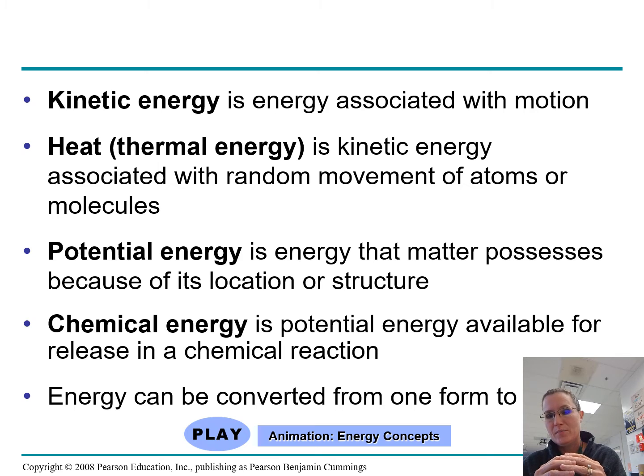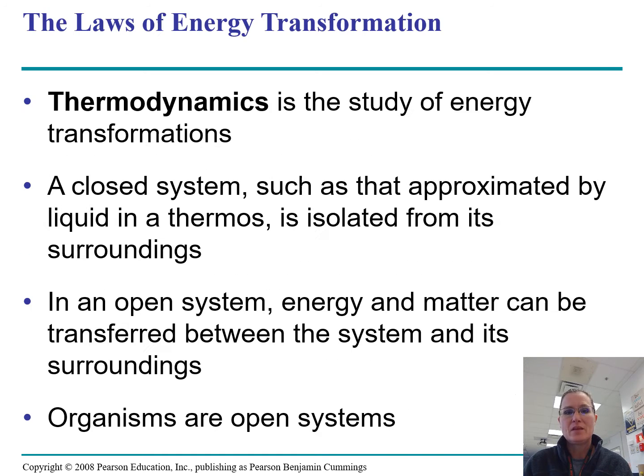And so chemical energy is potential energy in bond form. It's available and it can do something, but it just sits there until it's time to. And then we can convert it to different things. We take light energy and convert it into chemical energy. We take chemical energy and convert it into a different form of chemical energy, or maybe use it to do the processes in our body.